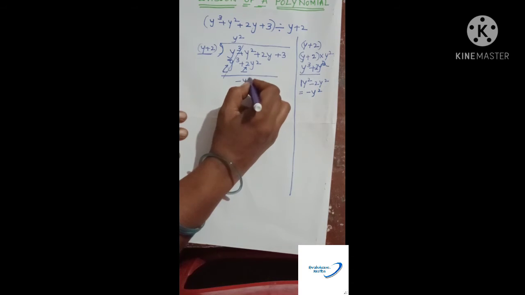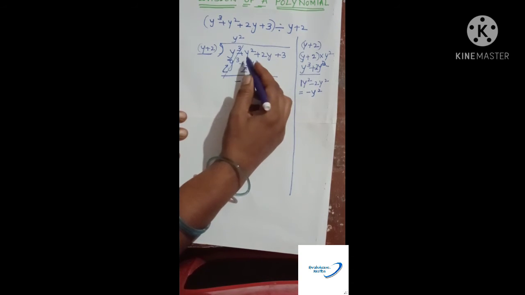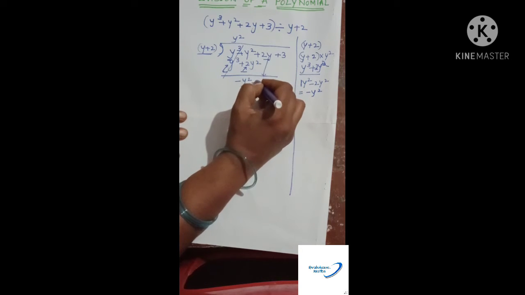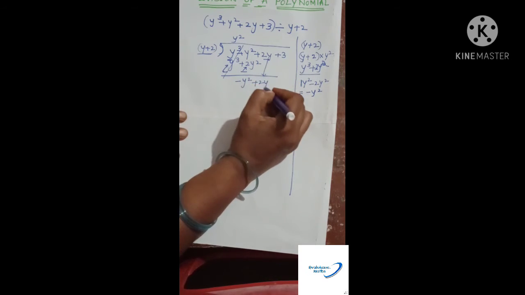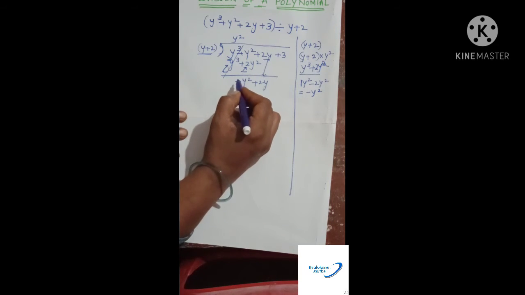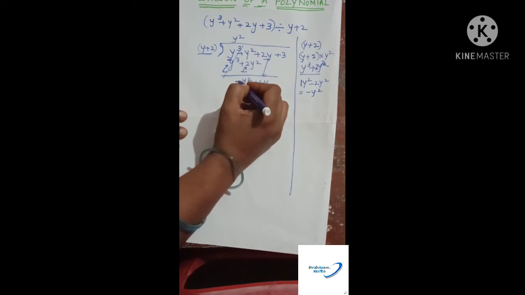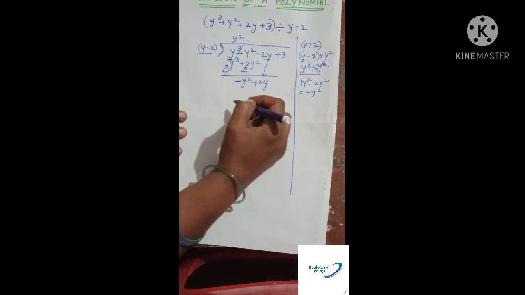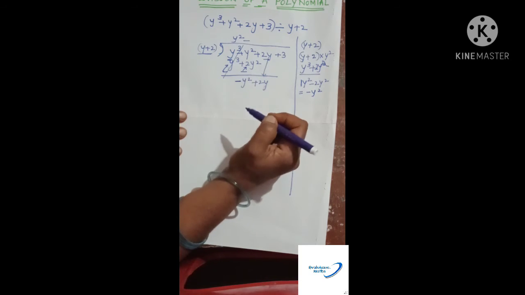Minus y square. Okay, this is the subtraction of these two terms. Next you have 2y, write it with this one. So minus y square plus 2y. Remember this one, if we have a minus sign here, without fail, without any waste of time, immediately put your minus sign, so that you will not get confused like most students. They get confused in the signs only in this one.